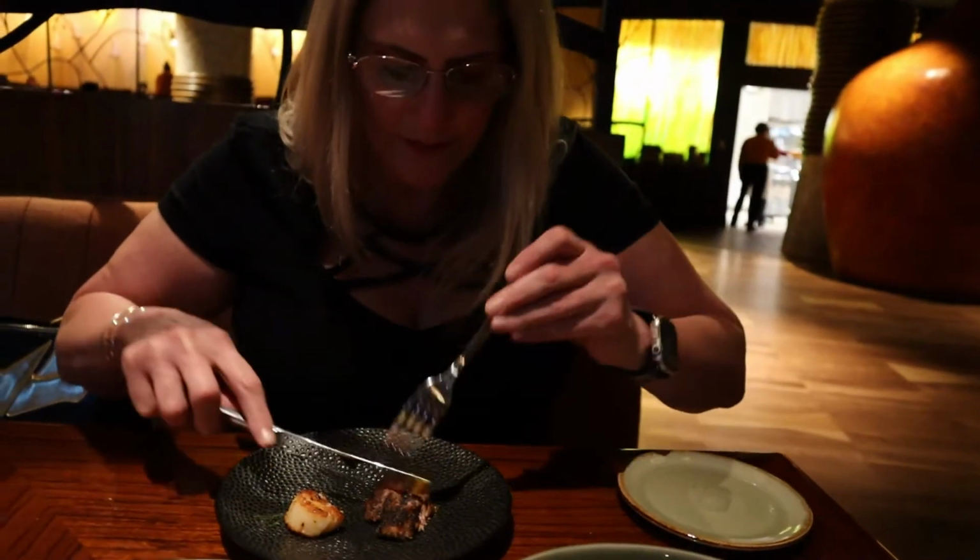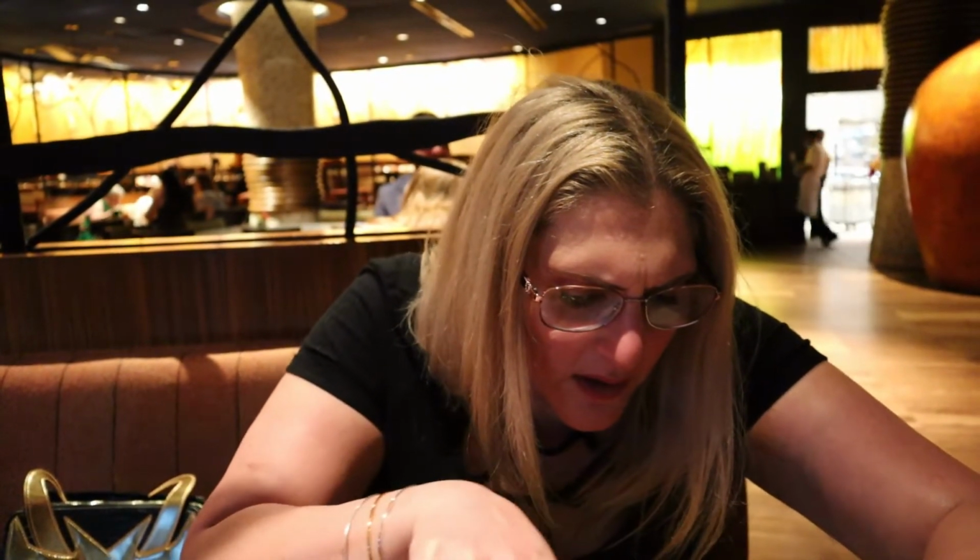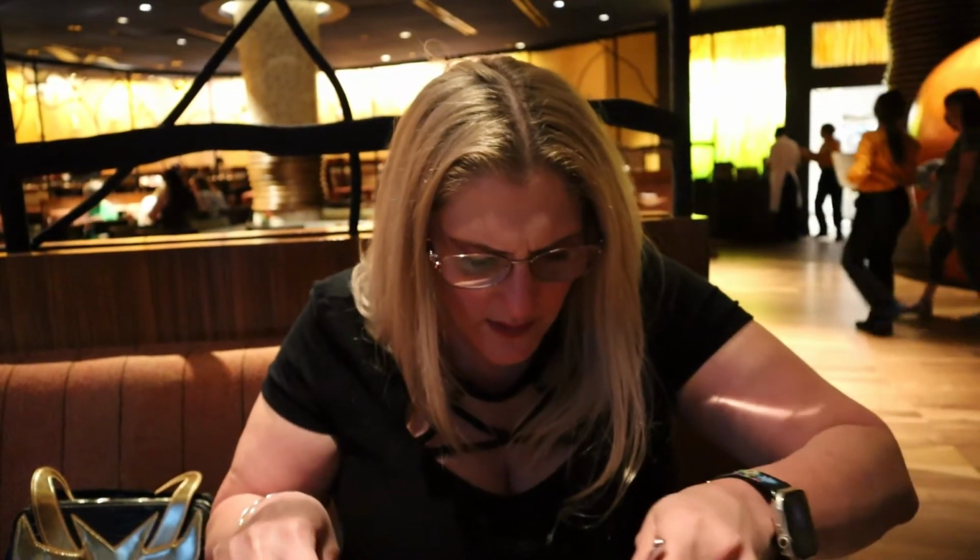Very curious. This is definitely considered very adventurous eating with these flavors. So this almost looks like grits under here, but with that